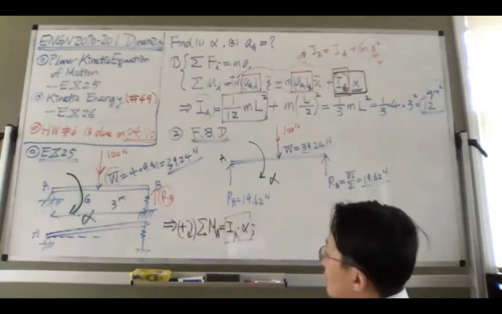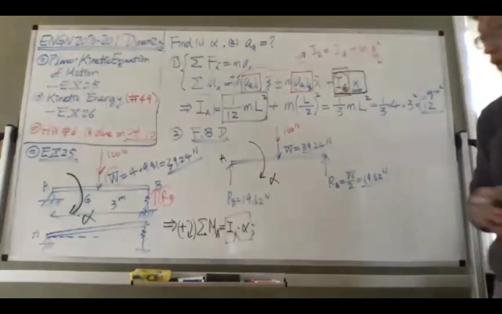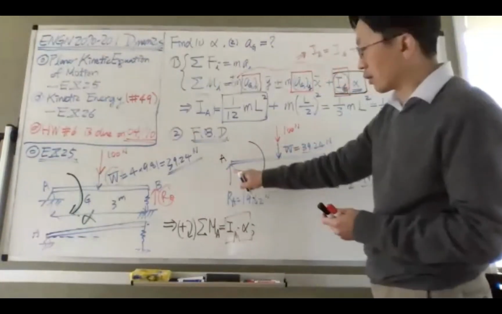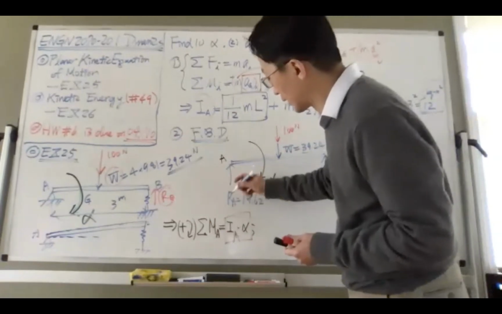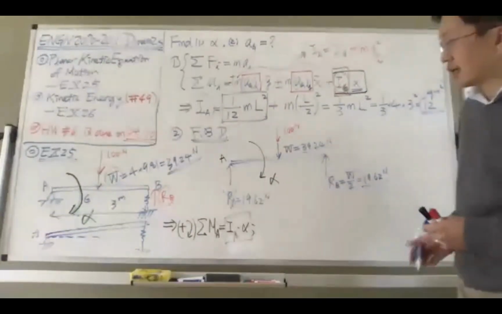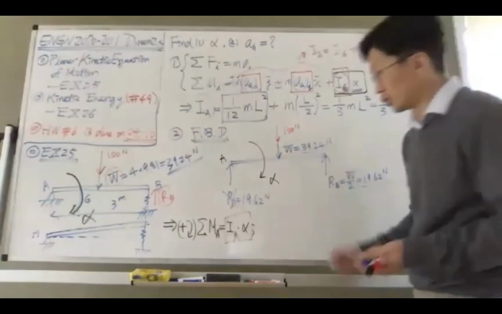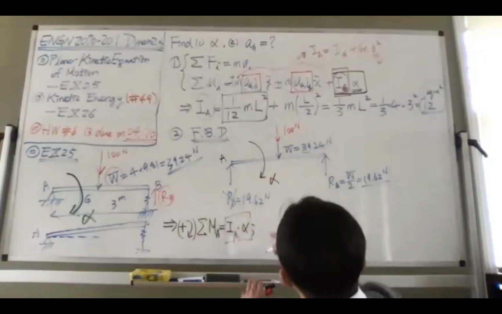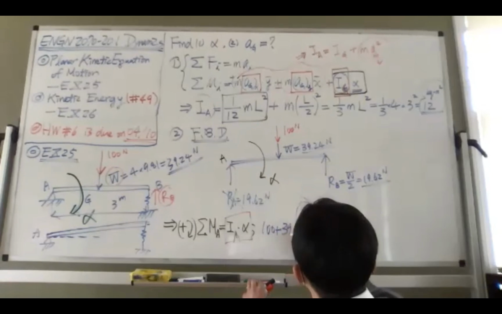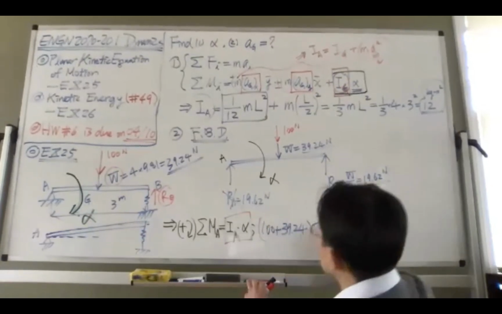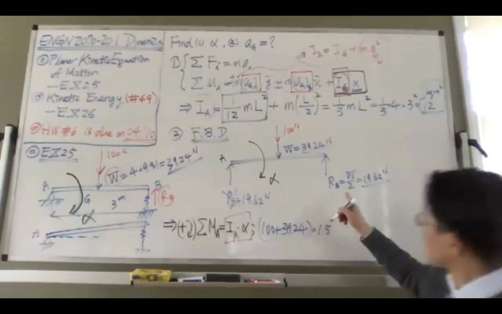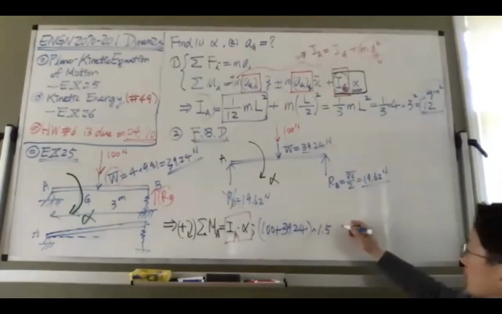So I said the positive direction is clockwise. So we calculate the forces. Of course, how many forces do we have? 1, 2, 3, 4. And you know the reaction A doesn't count because it's acting at the center of rotation, right? Doesn't produce any moment. So you have how many terms? 1, 2, 3. We just do the math. These two will be positive. You can just say that 100 plus 39.24 is positive, right? Times 1.5. This one will produce negative moment. So it's called negative